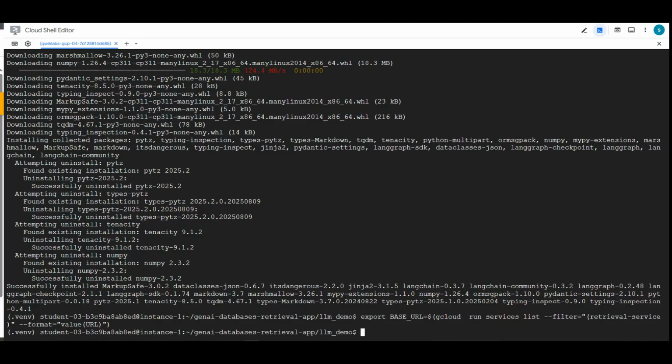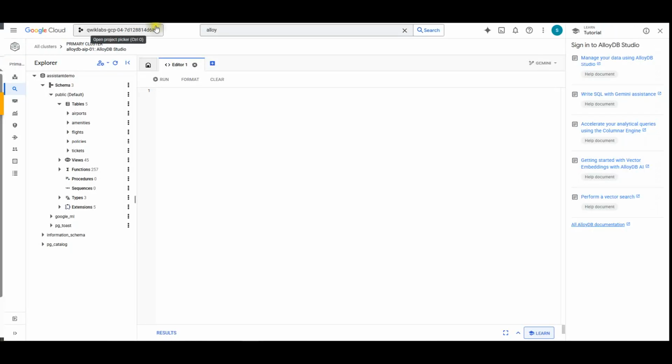So now we are going to prepare the client ID. To use more advanced capabilities of the application like booking and changing flights, we need to sign into the application using a Google account. For that purpose, we need to provide the client ID environment variable using the OAuth client ID from the prepare client ID chapter. To use the booking functionality of the application, we need to prepare an OAuth 2.0 client ID using the Cloud console. It will be used when we sign into the application, since booking is using client credentials to record the booking data in the database. So now we move back to the cloud here